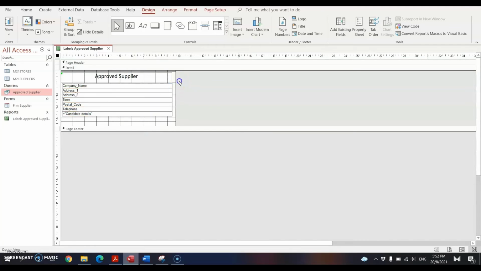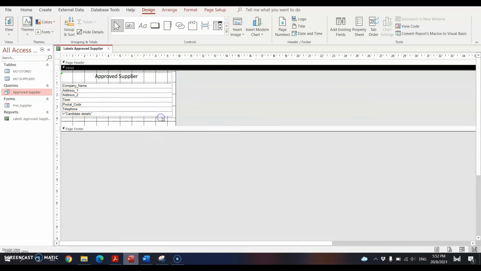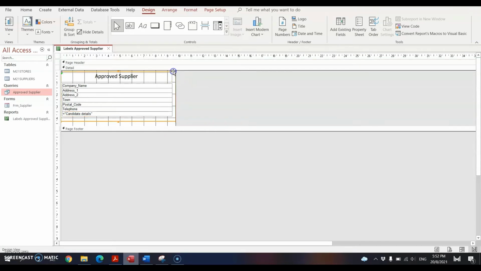We can narrow it a little bit more. So when you go to print preview,